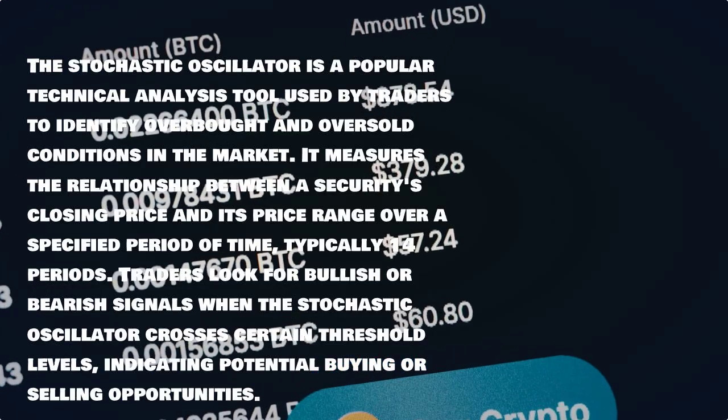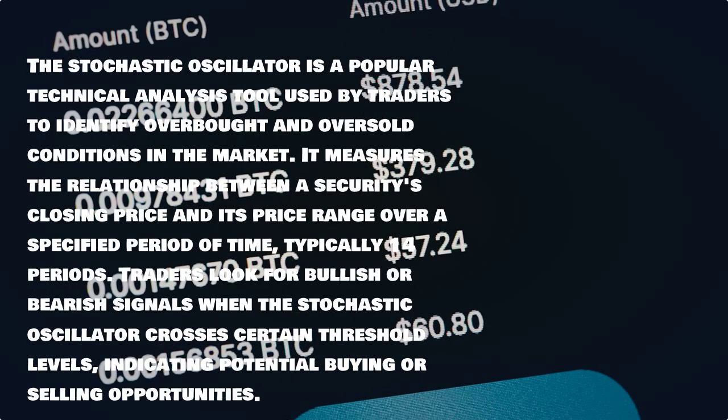The stochastic oscillator is a popular technical analysis tool used by traders to identify overbought and oversold conditions in the market. It measures the relationship between a security's closing price and its price range over a specified period of time, typically 14 periods. Traders look for bullish or bearish signals when the stochastic oscillator crosses certain threshold levels, indicating potential